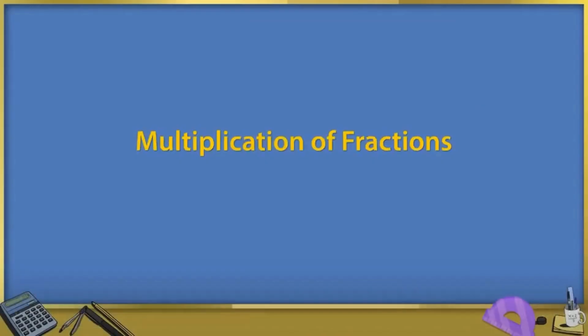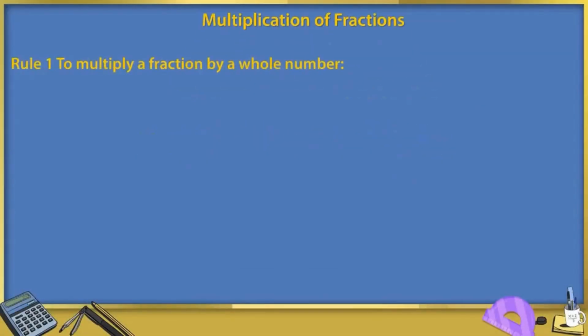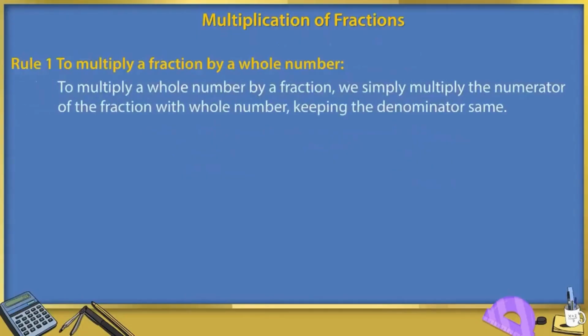Multiplication of fractions. Rule 1. To multiply a fraction by a whole number, or a whole number by a fraction, we simply multiply the numerator of the fraction with the whole number, keeping the denominator same. Example. 4 into 3/5 is equal to (4 into 3)/5, which is equal